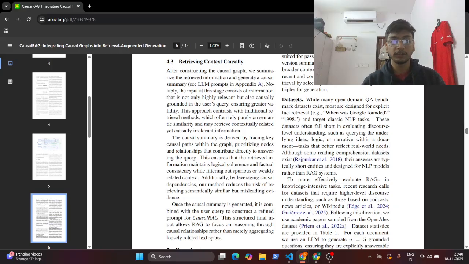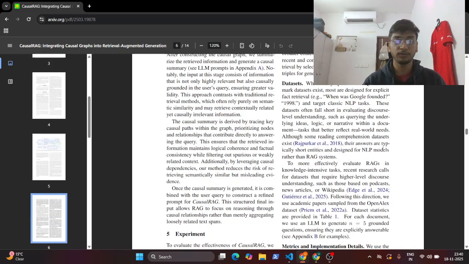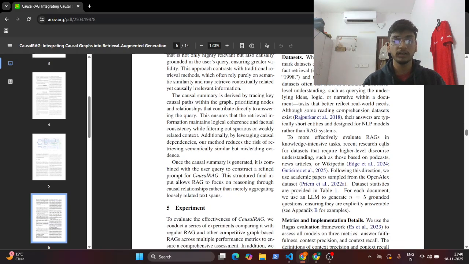And the third step is retrieving context causally. In the final step, before generation, the refined causal path is used to precisely gather all the associated high fidelity source text snippets. This retrieved context is then structured into a powerful prompt for the LLM. The prompt includes the user query, a linearized causal summary, and the evidence. By enforcing this structure, we ensure the LLM's generated response is both faithful to the evidence and coherent in its